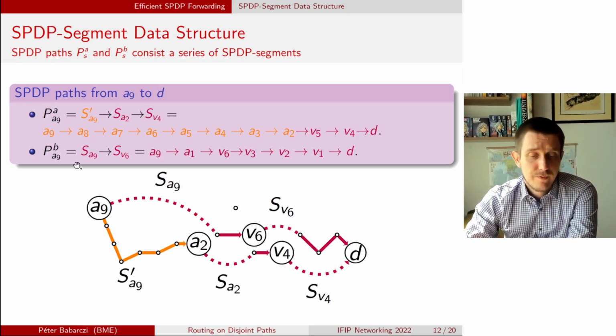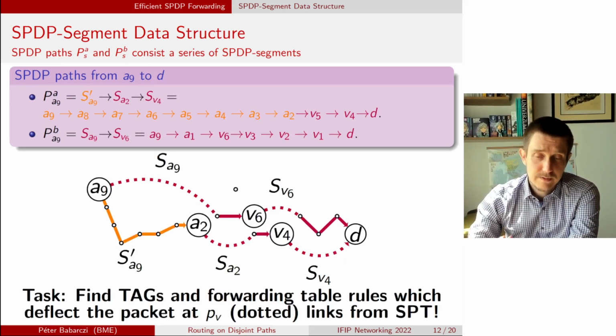For example, the first path from node A9 will start on this orange one, and after that it will traverse a P link, some T links, and again a P link. So after the first initial orange one, it will only traverse the purple segments. The other paths will consist only of purple segments, traversing a P link, some T links if possible, and also a P link and other T links, other shortest path links, until the destination is reached. So now our task is to address these paths.